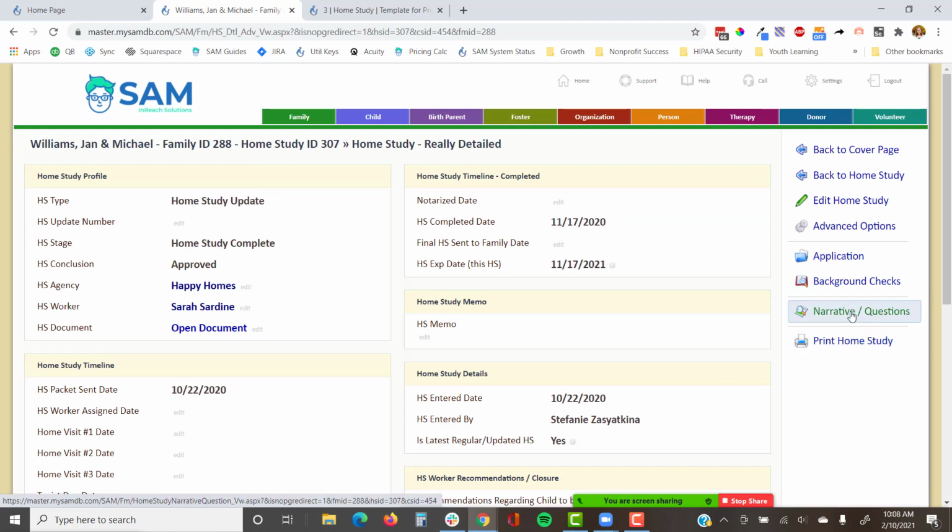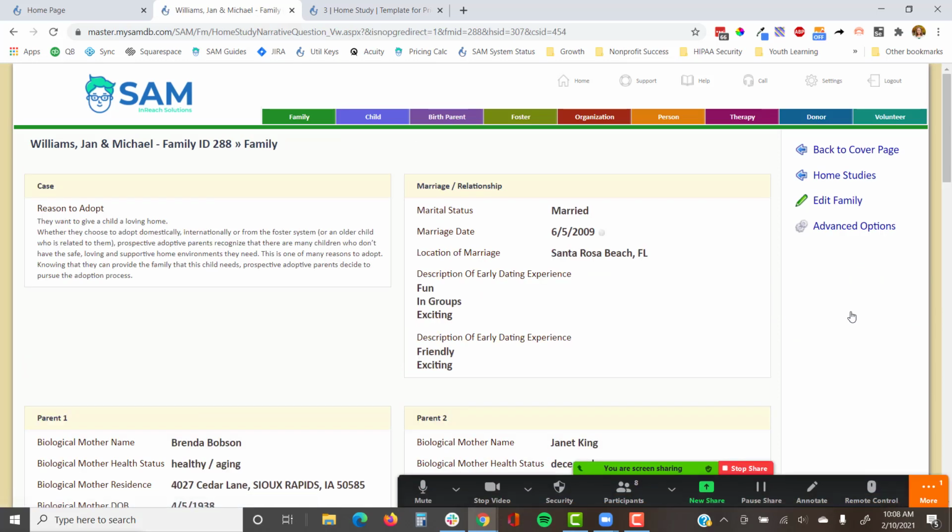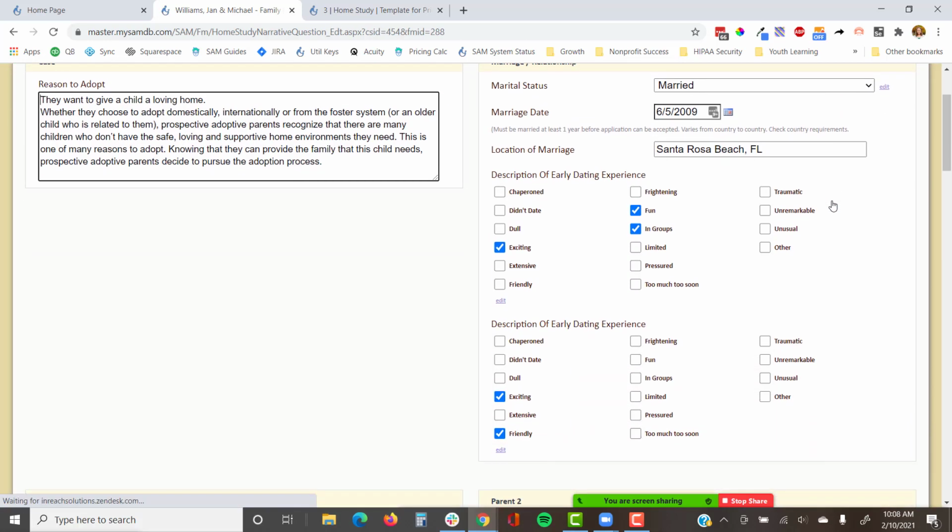I keep talking about narrative. I think that there's narrative fields for each home study. So keeping these fields on the home study table so that they're all relative to that specific home study. And then you can come in and enter. So these are some fields that are pulled from maybe autobiography